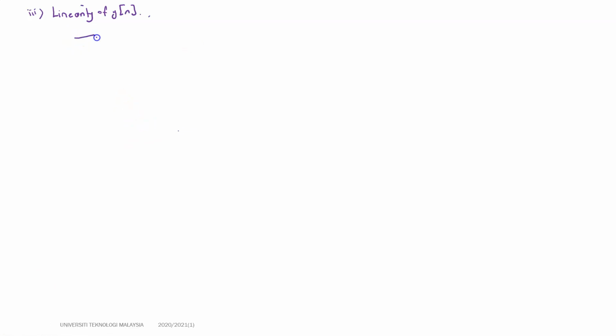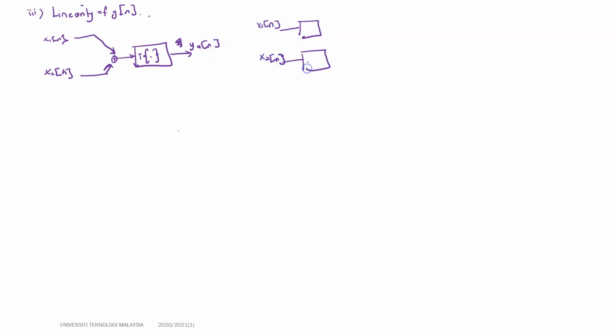First, either we add together the values of the input first, x1n and x2n, add together, and then goes into the system that transforms the signal, and it will result in yan. Or we can go to the system for each individual input first. If you remember from chapter 1, we have learned this. And then we add together,